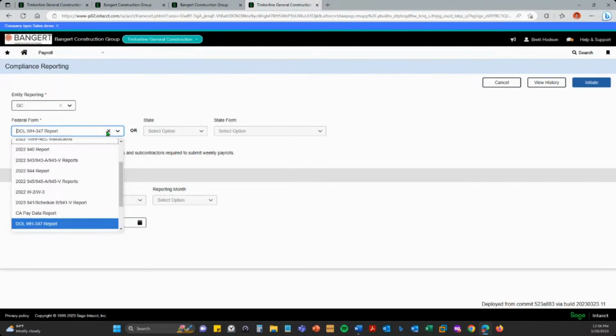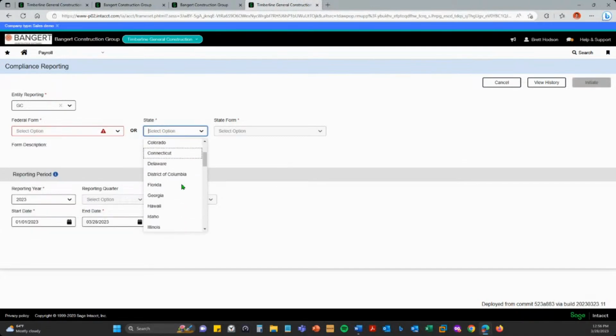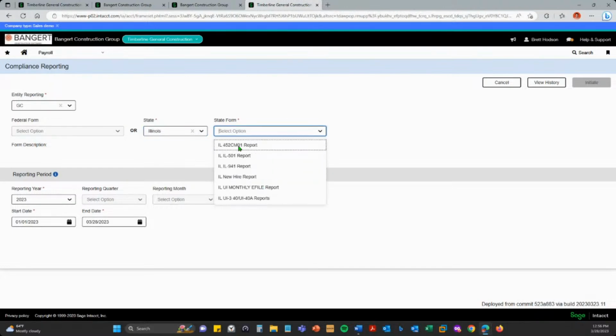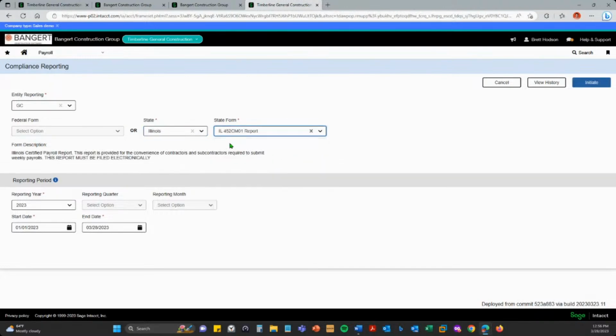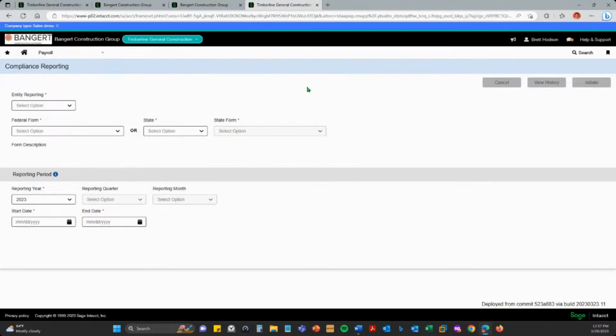Or for those of you that, if we had anybody on the call today, Illinois has their own version of a certified report. So does Missouri. Missouri has, I believe that one's called a LS57. That's in here too. So all those reports, for those of you that are currently using Sage 300 payroll or Sage 100 payroll that's using Atrix, works in a very similar way as what you had before.